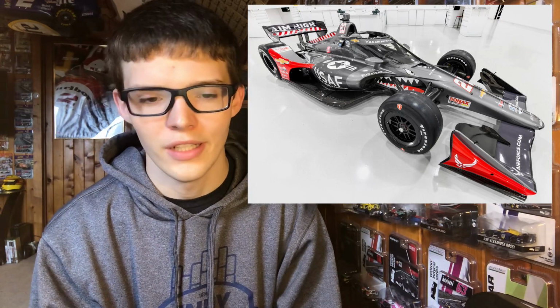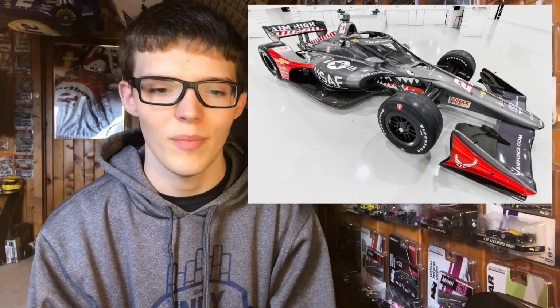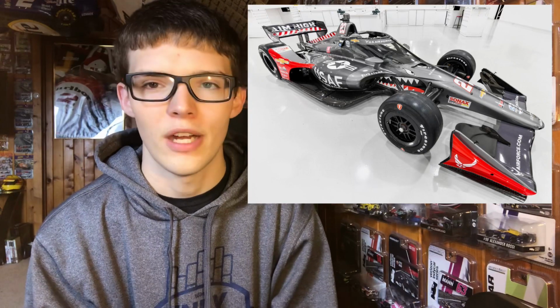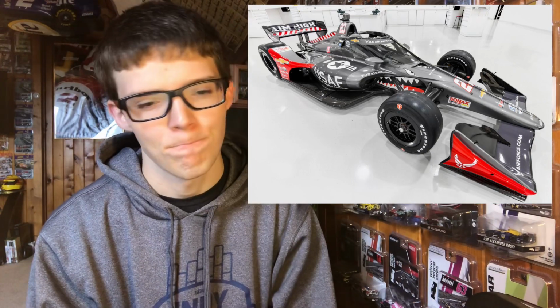Oh, it's so good. Honestly, last year's car with the blue looked amazing. With the red, even better. Imagine this car with the red wall tires. And then we got the 21, the full-timer. Conor Daly is just the road course guy. We haven't seen the Ed Carpenter livery, but the full-timer...